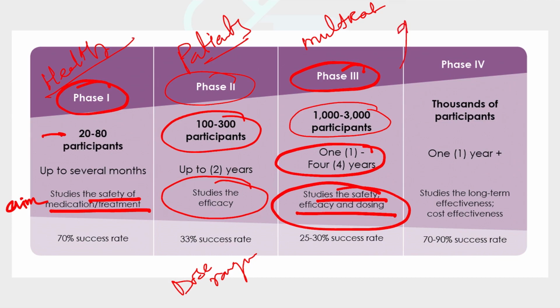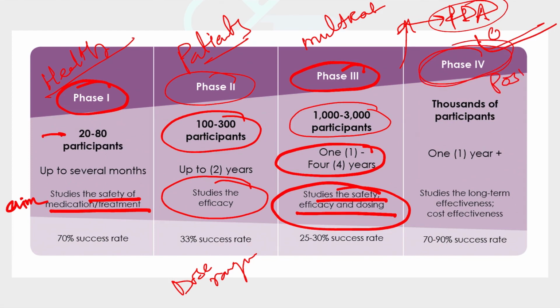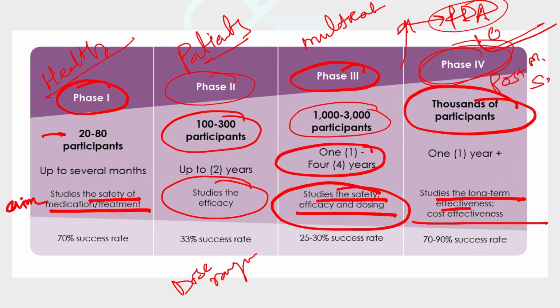And then, if the data are quite promising, the drug goes to the FDA for permission into the real world. And if the FDA permits, then it goes into phase 4, called post-marketing surveillance, where it is introduced into many patients in real life, and the clinicians record data about the safety and efficacy, but most important is long-term effectiveness and long-term side effects, because here you have done